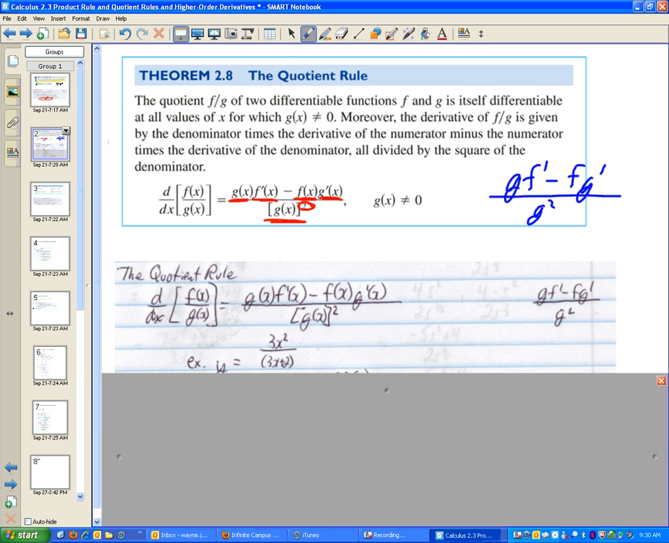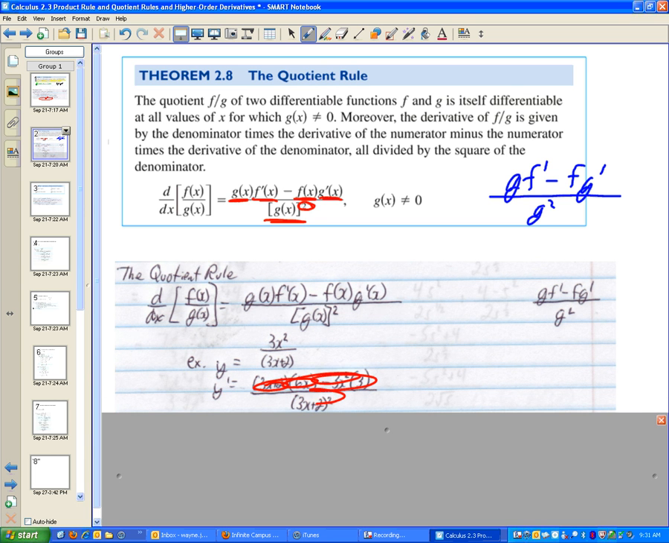All right, so let's do an example. We have y equals 3x squared over the quantity 3x plus 2. And we just flat out wouldn't be able to work this without the quotient rule. Okay, we could not have done this one 30 minutes ago, right? So here's what we do. So the derivative, y prime,